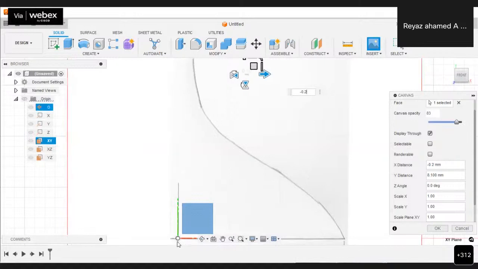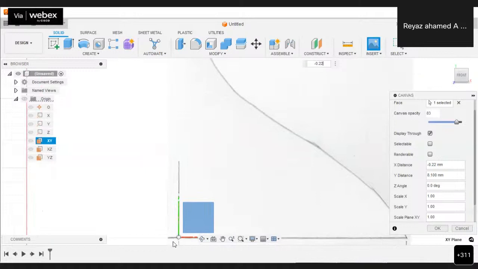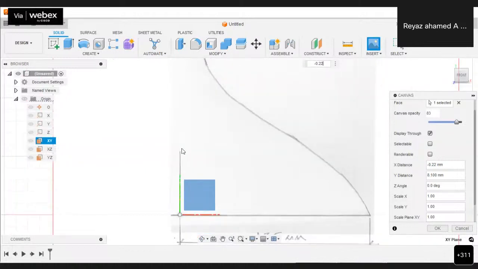See almost okay, fine. Or else 0.22. See now actually our origin point and also the origin of Fusion 360 are at the same point actually. So after bringing that into the same point, just click on OK.